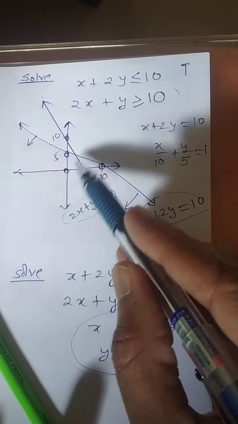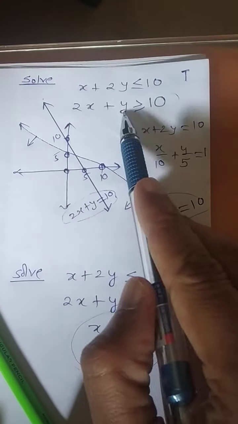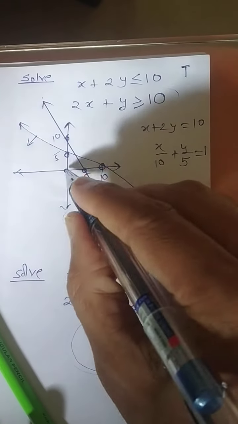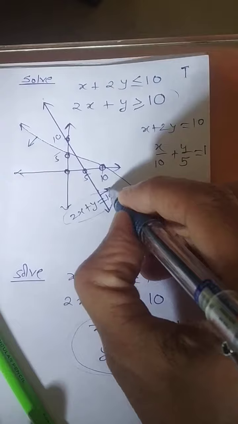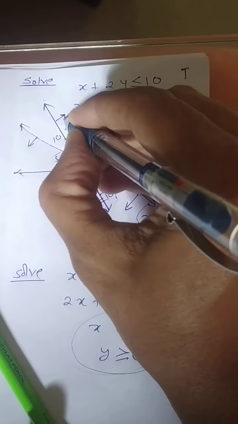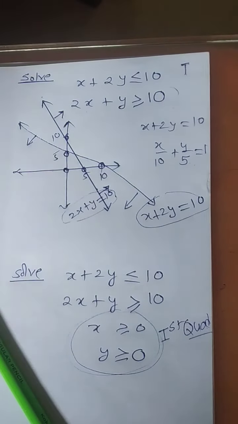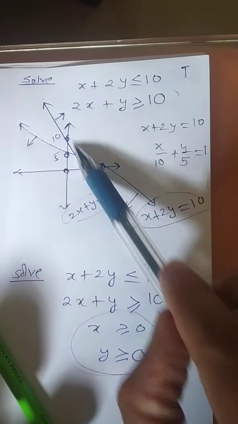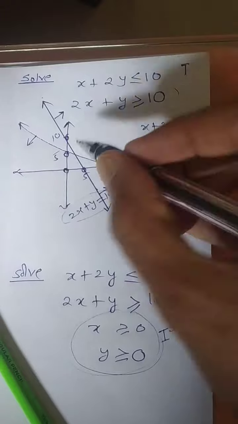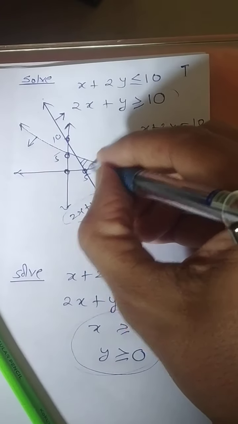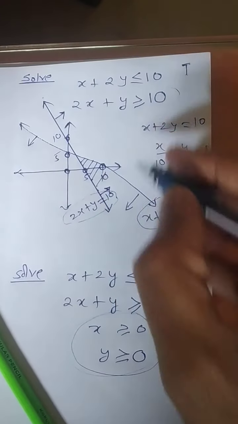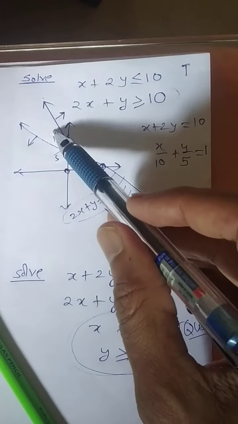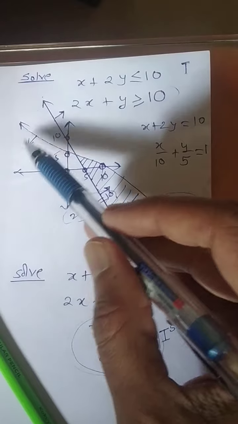Now again I am selecting this 0. I am putting 0 plus 0, 0 is greater than 10. Do you agree? No. So I should not move with respect to this line. I am going away from this. I am also going away from this. Now, listen to this point carefully: upside of this line and downside of this line. So the solution will be nothing but this portion. This is nothing but the full solution. Down of this, upside of this one. I cannot consider this because here this arrow is going on this side, this arrow is going on this side.